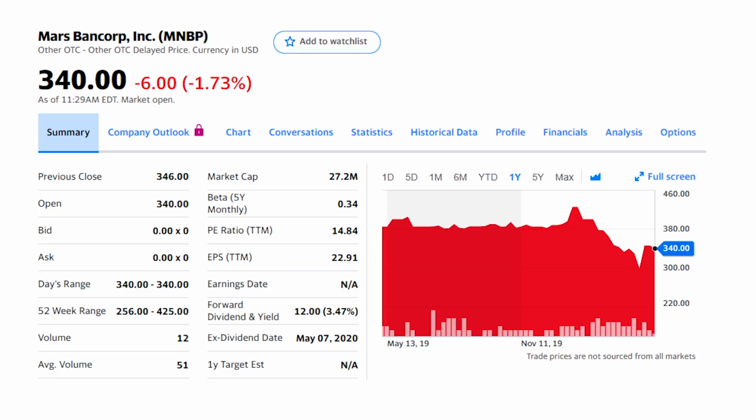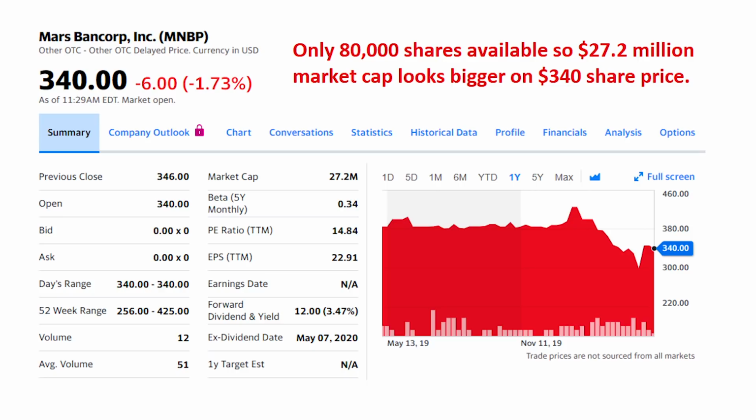What's interesting when you look at these numbers is that you realize stock price has very little to do with whether it's a good investment or not. A lot of investors look for stocks under $5 a share, thinking it's a bargain basement deal. Or maybe they'll think that a high stock price means it's a strong company. For example, regional bank Mars Bancorp has a $340 share price, which seems really strong, right? But the shares are down more than 12% this year, and the company is really only valued at $27 million. The high share price is only because it has less than 100,000 shares issued.